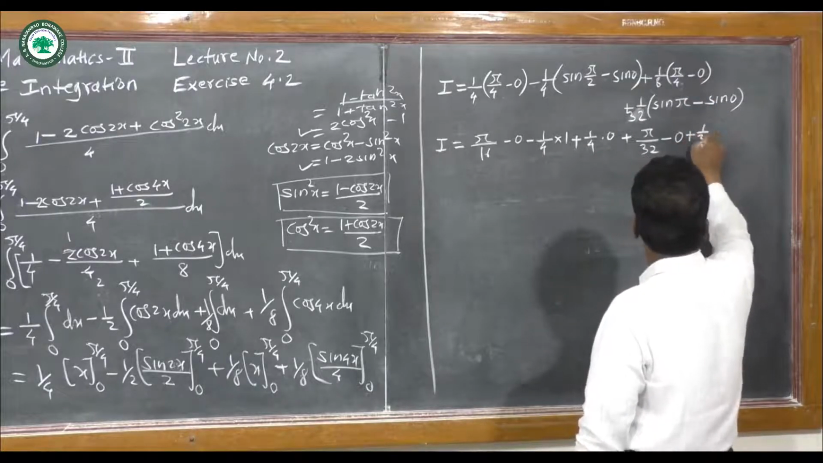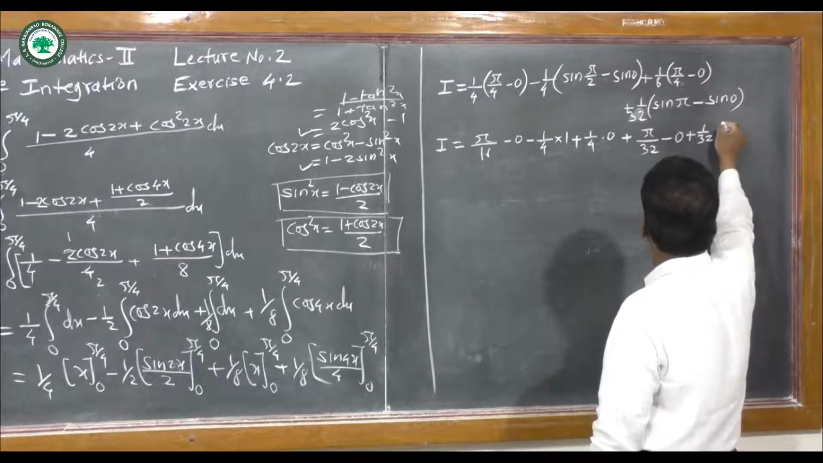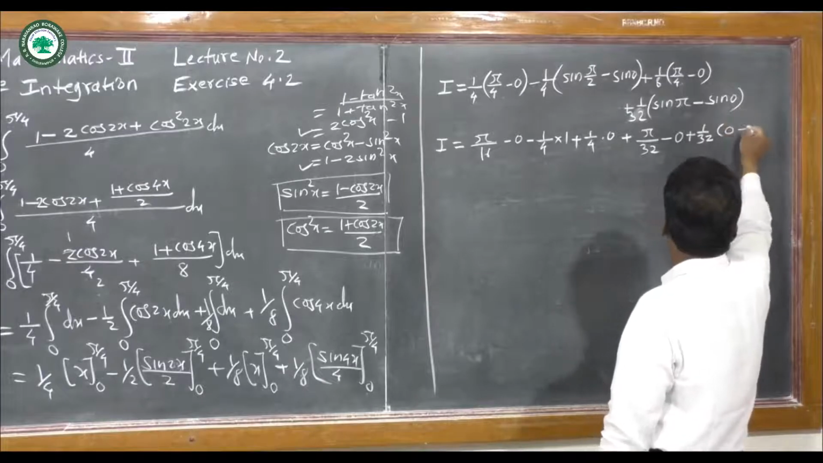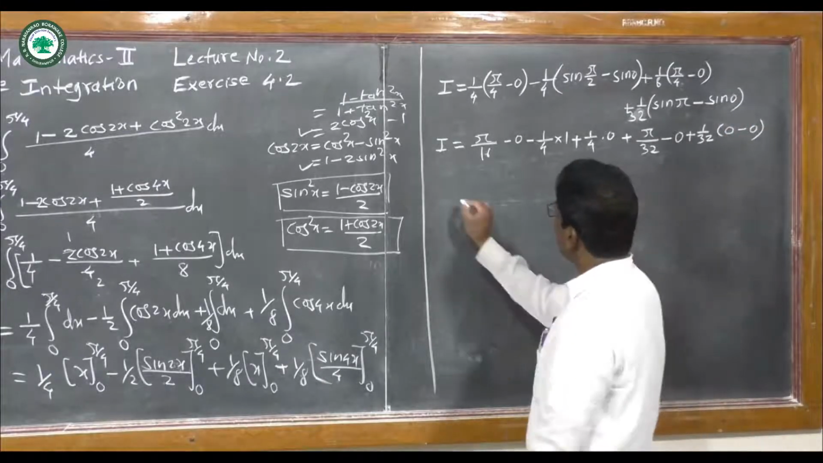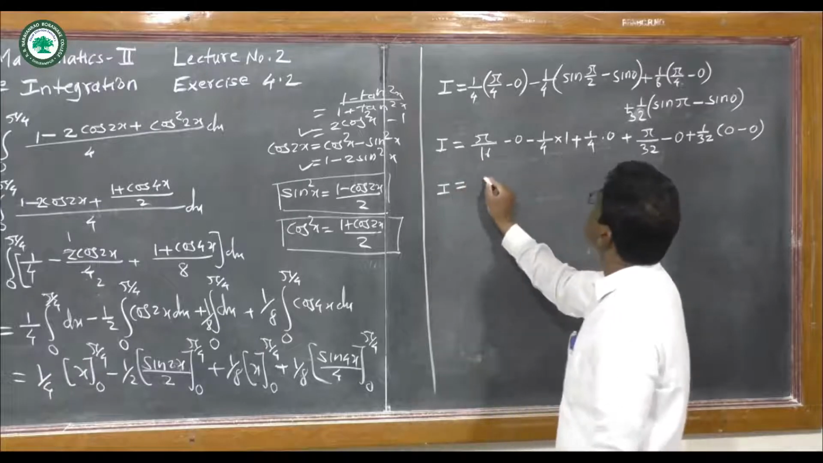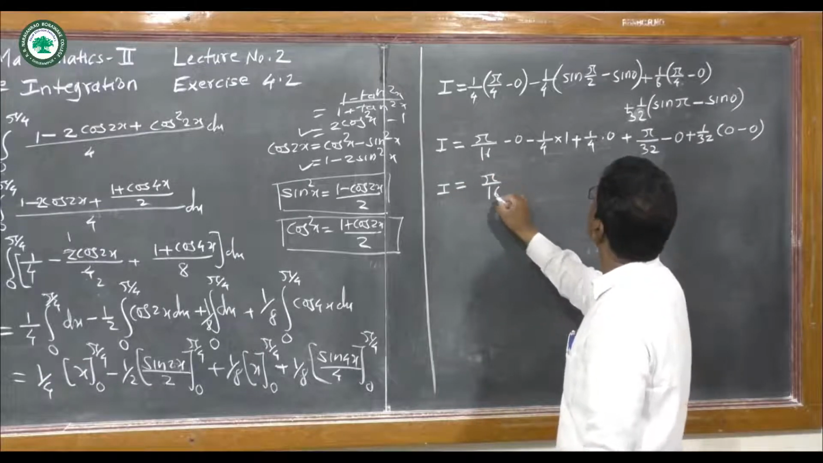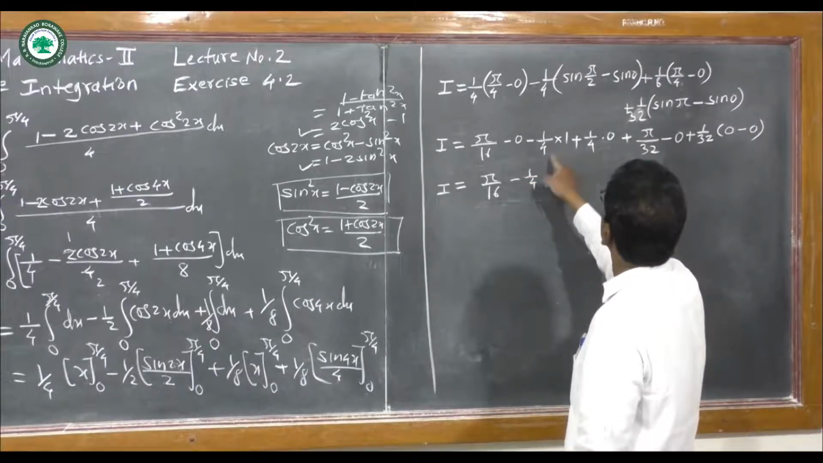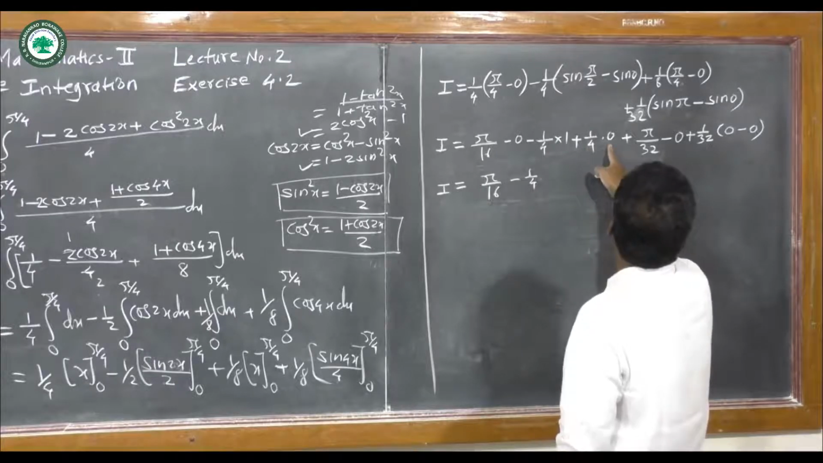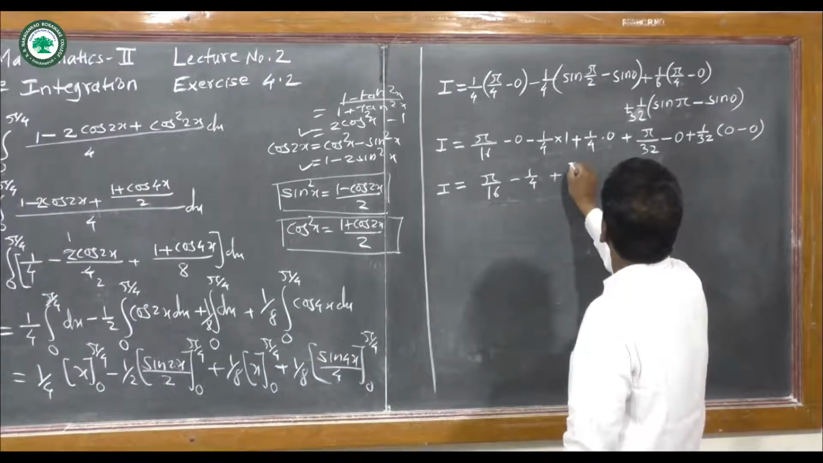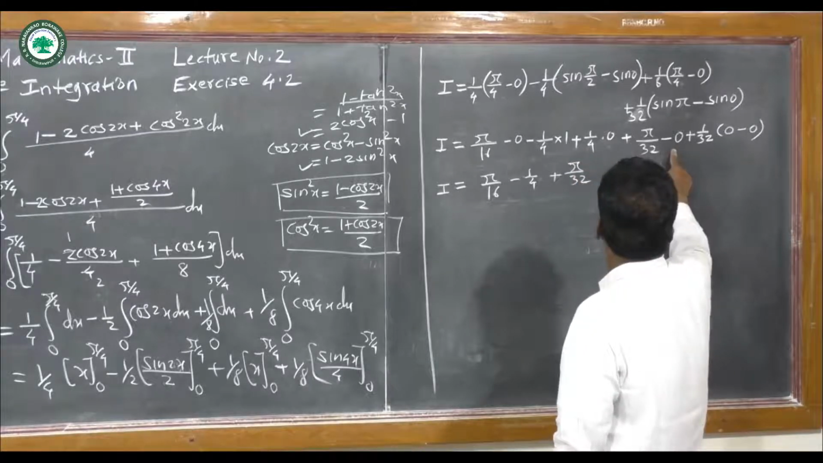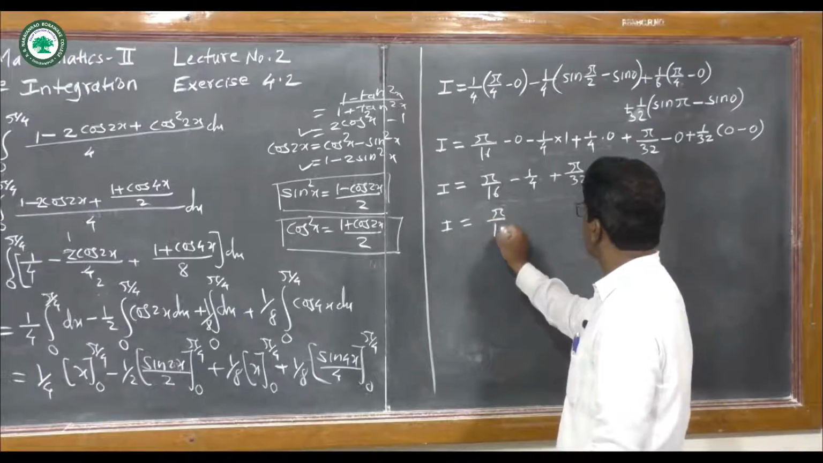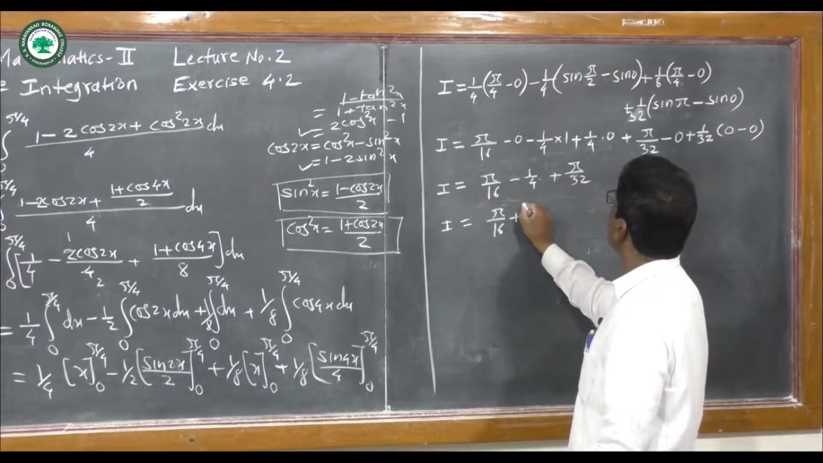Plus here 1 upon 32 sine of pi. Sine of pi and sine of 0 are the same, that is here 0, so 0 minus 0. And now we get here I is equal to this pi by 16, and here minus 1 upon 4 into 1 upon 4, here it becomes 0, and here plus pi upon 32, here 0. So we get here I is equal to this pi upon 16 plus this pi upon 32